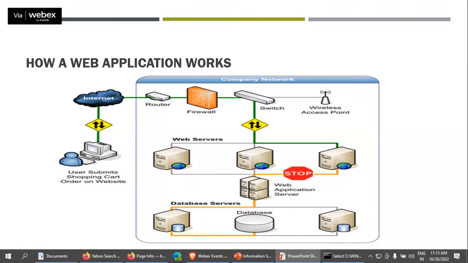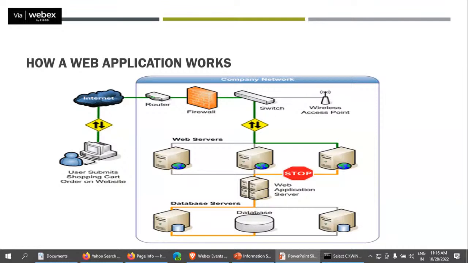After the firewall, there is a switch which is connected to another one. It can be possible that it is connected to another firewall or another router where the servers are placed, because servers are not in the same area. Servers are located somewhere else, but they are connected to the internet via the routers, via the firewalls, via the WAF. There are a number of devices in between in the network.